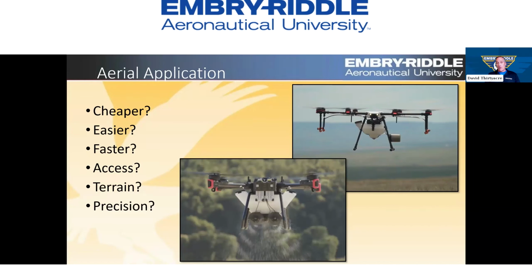But again, keep in mind, you have the spraying drones like the one in the upper right, and you have the dispensing drones to be able to put granular down. And most of them can do both. It's just a matter of having to change out the tank or the hoppers. Sometimes it's an easy process. On the one on the upper right, it was probably about a 2-hour process to swap that out. So not something you want to do every day.